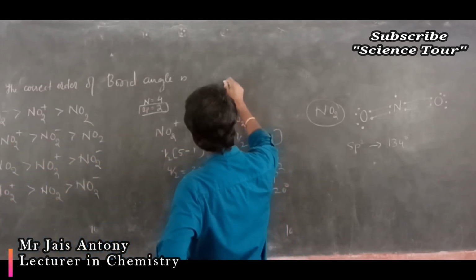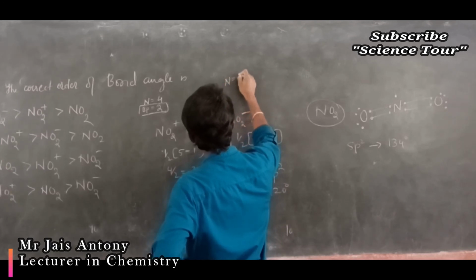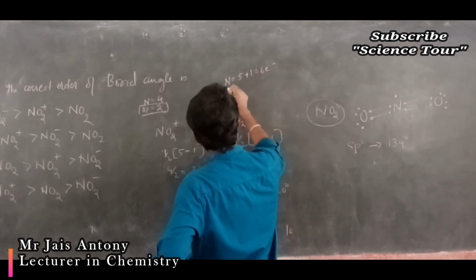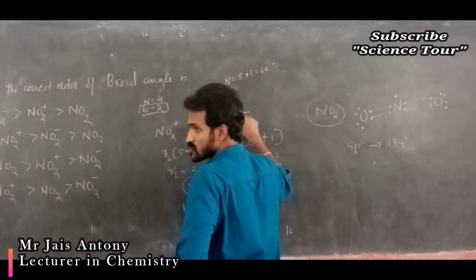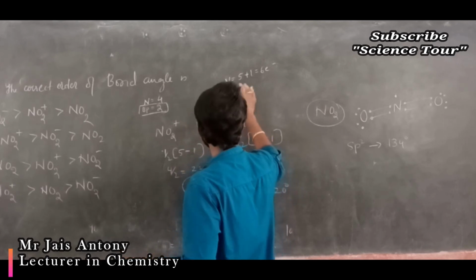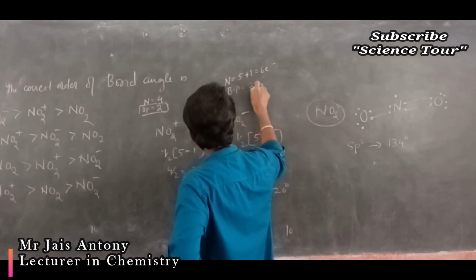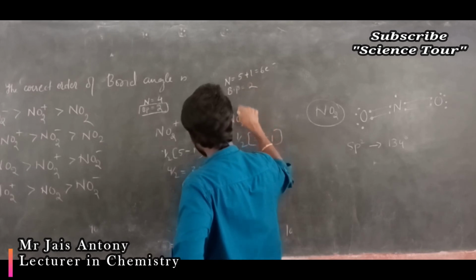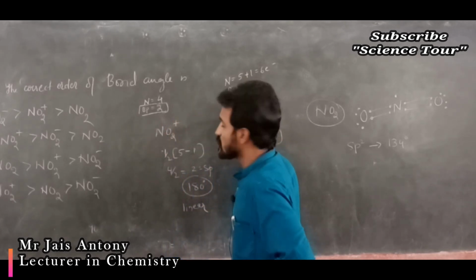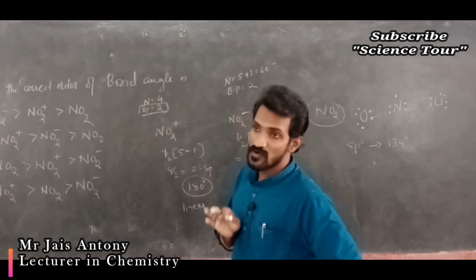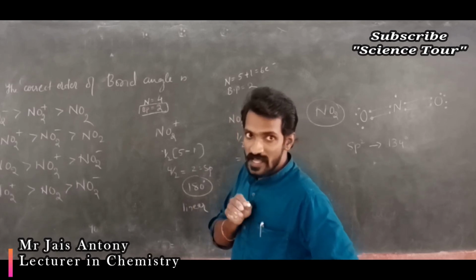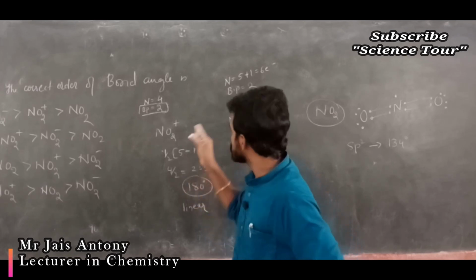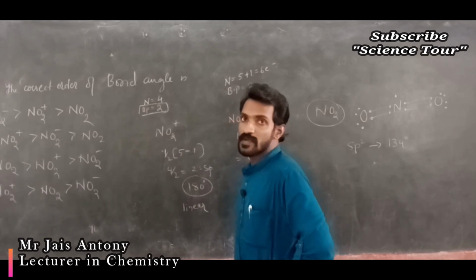And here in this one, nitrogen has 5 plus 1, total 6 electrons, and nitrogen forms 2 bonds with the 2 oxygen atoms, so 4 electrons are used. The number of bond pairs is 2, but out of 6 electrons, 4 are used as bond pairs because it is a super single bond. If you have any doubt about this, go through my earlier video, the link is there, just click that link. There is an easy method to find lone pair and bond pair.